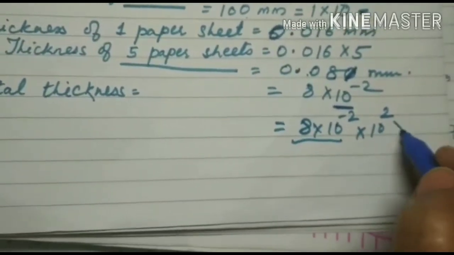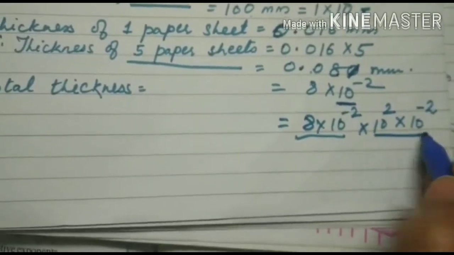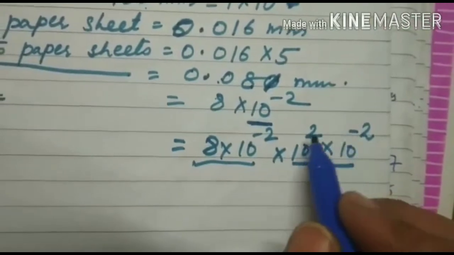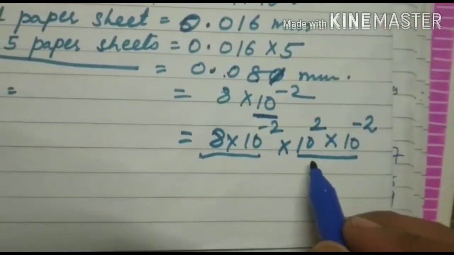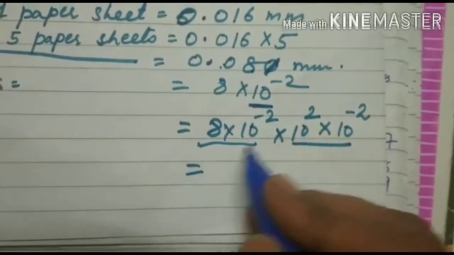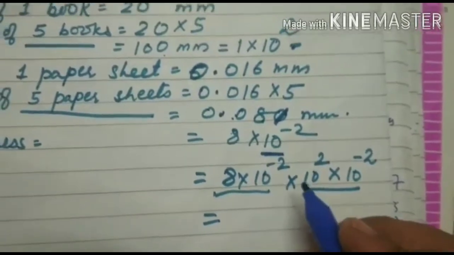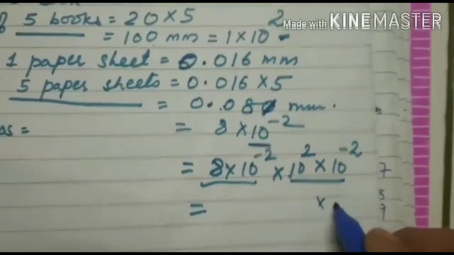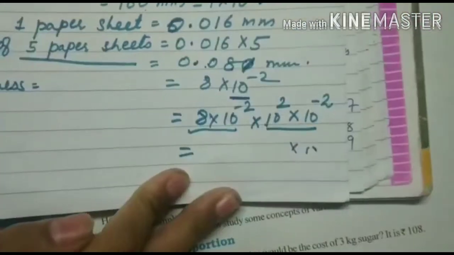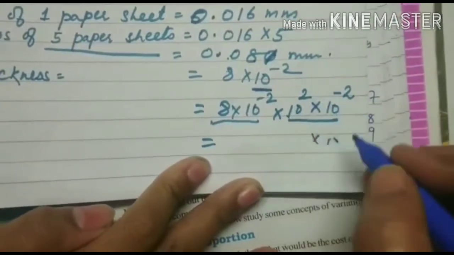Now I am adding 10 raised to 2 and 10 raised to minus 2, which will not make any difference because here the base is the same. So when you add the powers, 2 minus 2, 10 raised to 0, which is 1. So I have multiplied by 1, so there will be no change. This I had done to make the powers the same. Now 10 raised to 2 I will write aside as I want my same powers. So this 10 raised to 2 I am keeping aside.